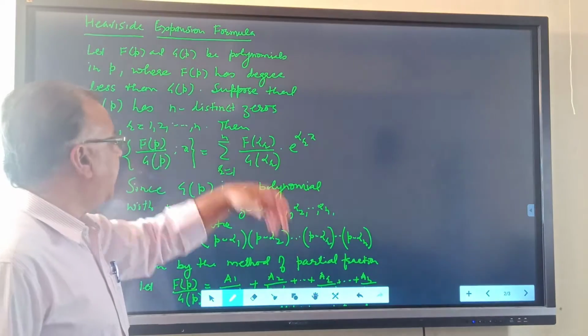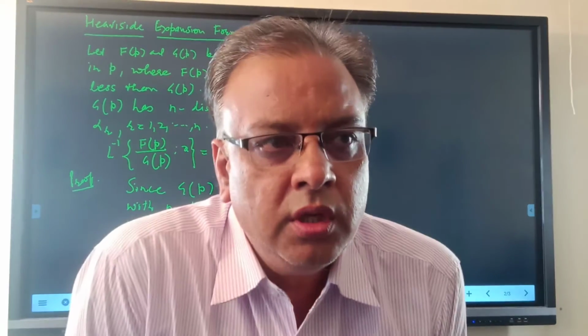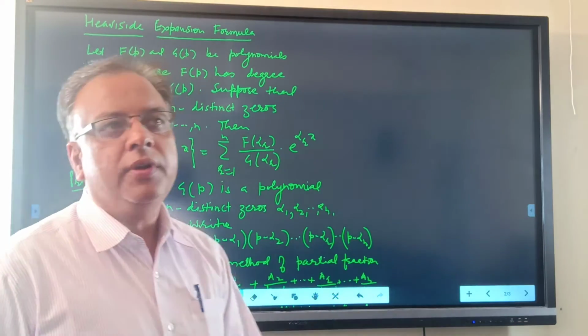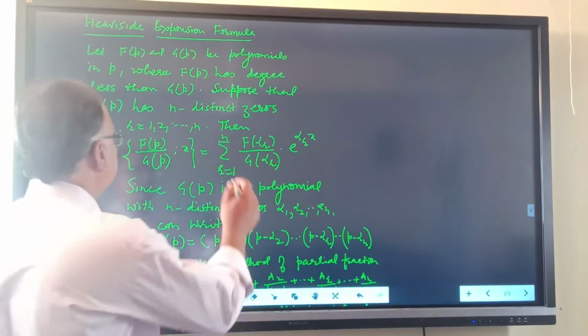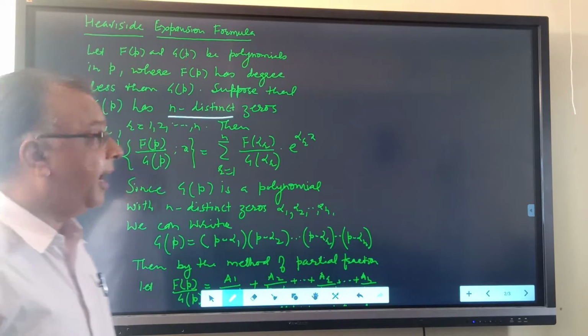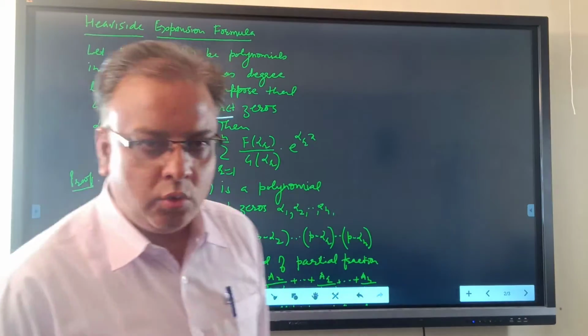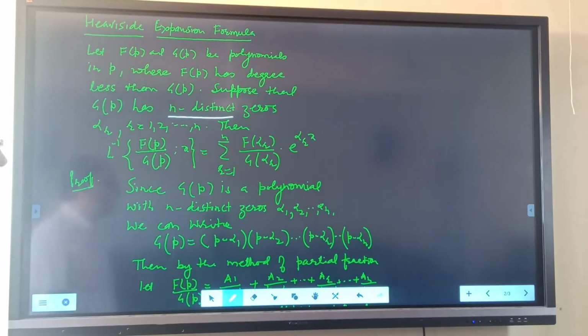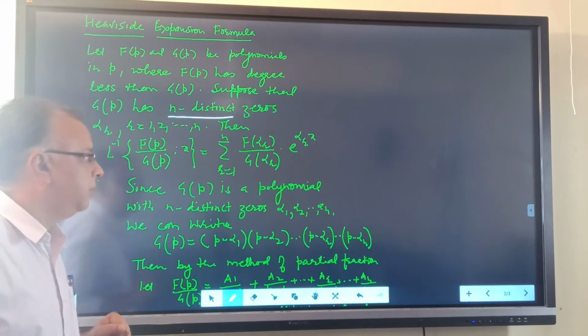Suppose that G(p), the denominator function, has n distinct zeros alpha r, where the values of r are from 1 to n. Then the inverse Laplace transformation of F(p) upon G(p)